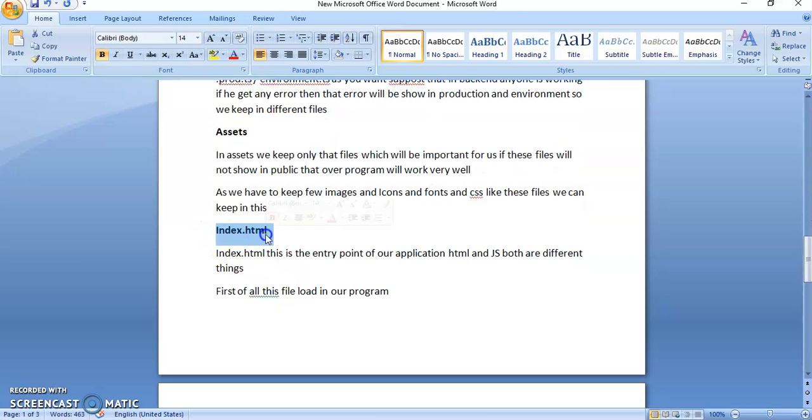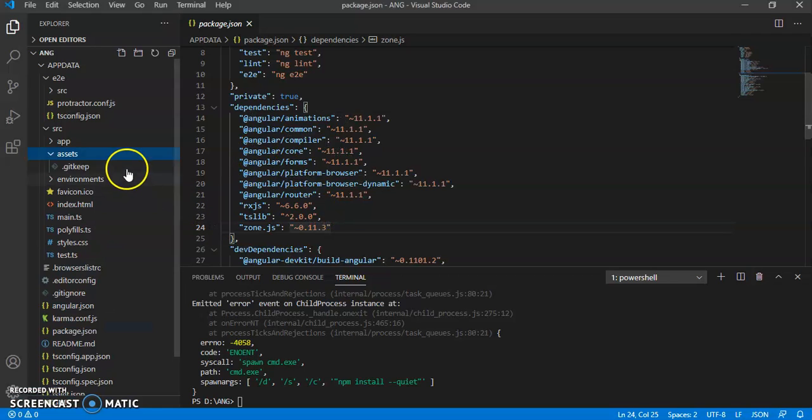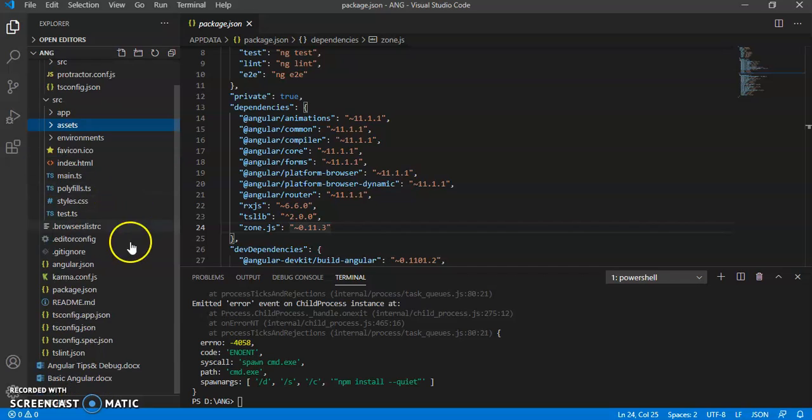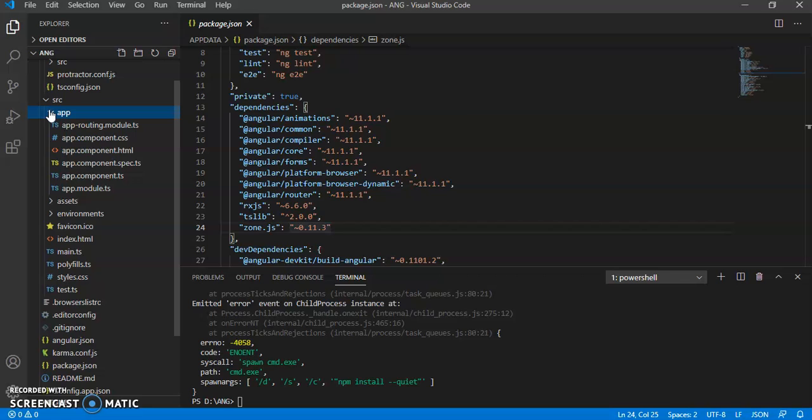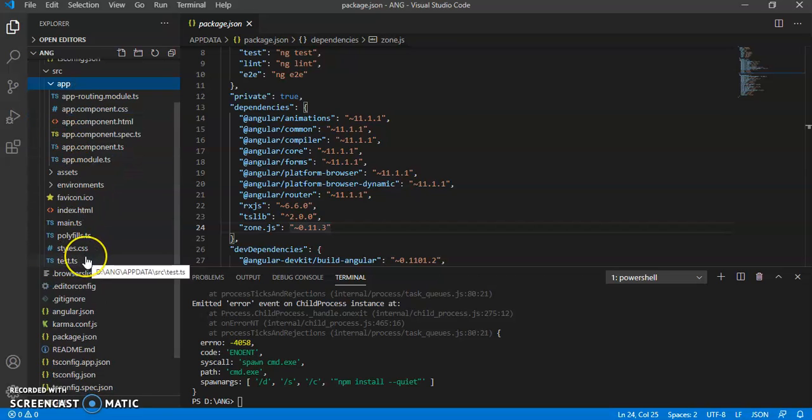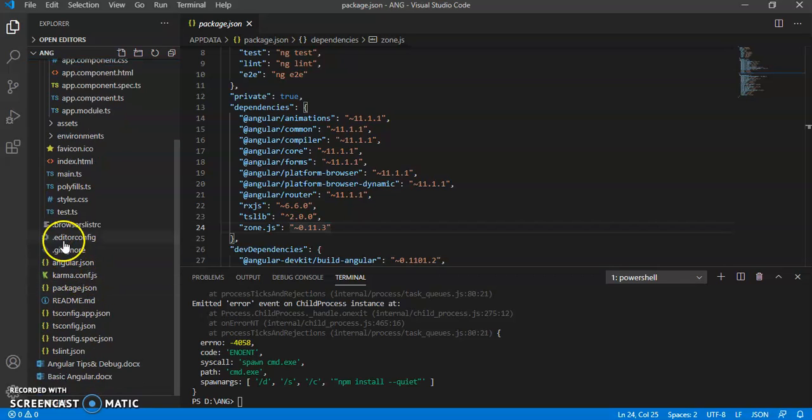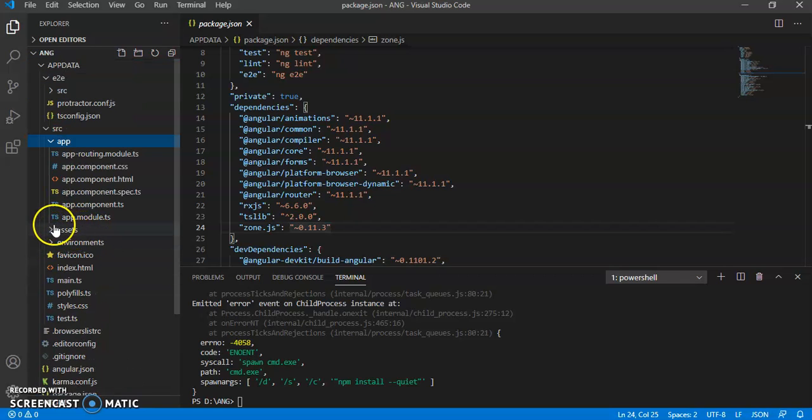Now we want to see the index.html file. Where is this? You can see here, we can see index.html. This is the main file.